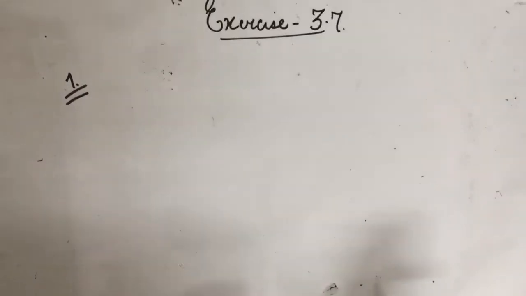Exercise 3.7, first question. Renu purchases 2 bags of fertilizer of weight 75 and 69 kgs. Find the maximum value of weight which can measure the weight of the fertilizer exact number of times. So what you have to find is highest value. ठीक है, maximum value पूछा है, it means you have to find highest value, and they have asked exact number of times. It means that number should be a factor of these two numbers.